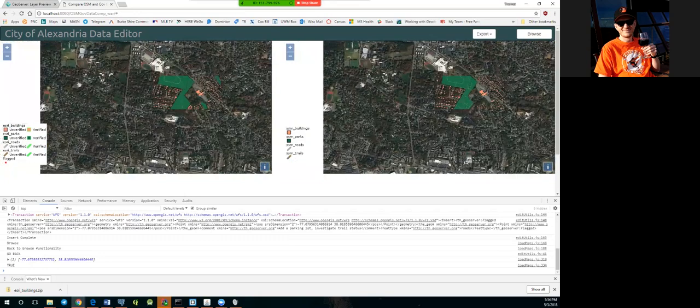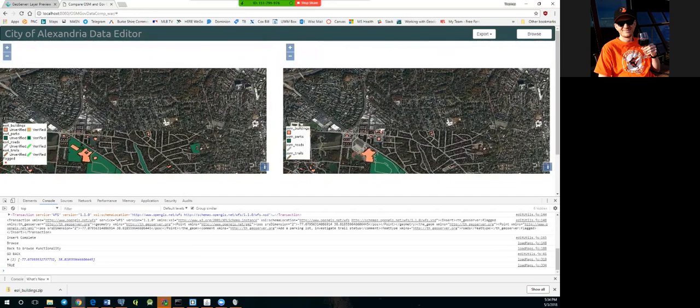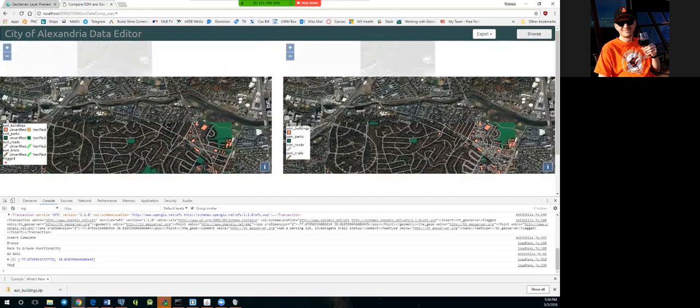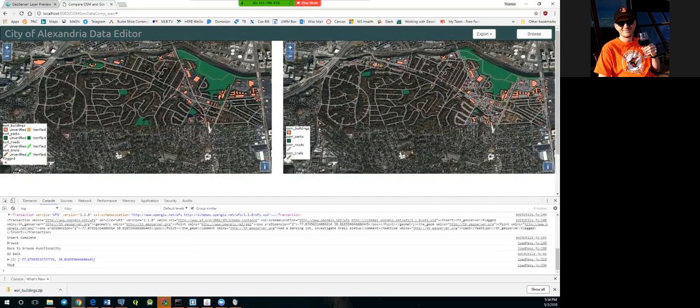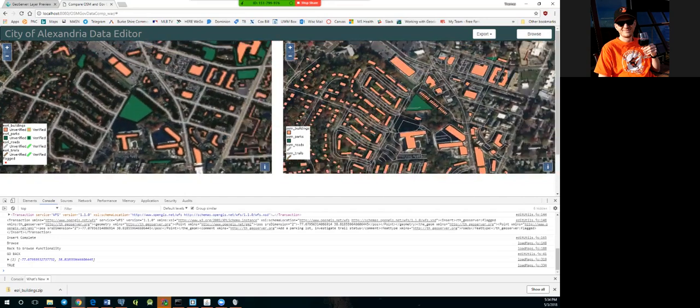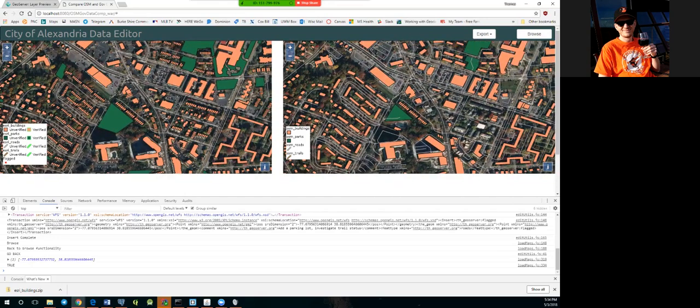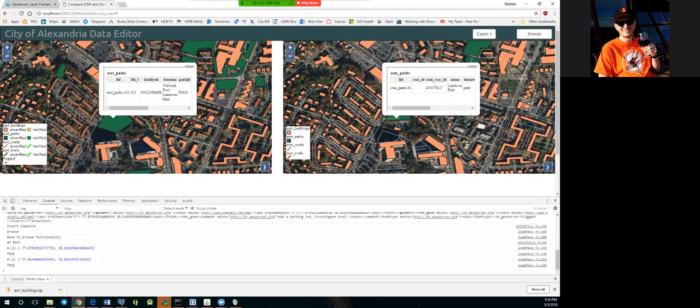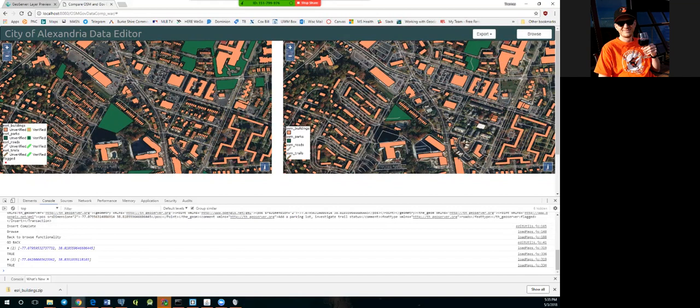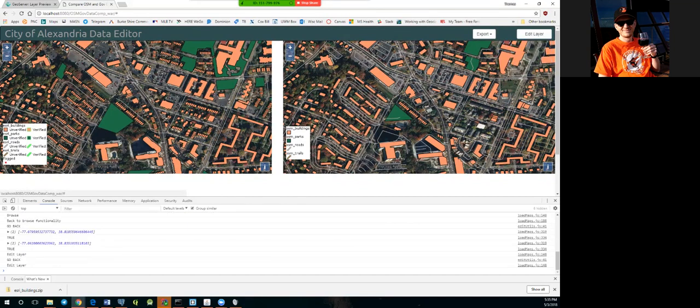If I want to make an edit to one of these features, I would switch over to the edit layer mode, but first I'm going to focus on a specific park right here. If I click on this park, I see within the county data that there are two different names for the park, and within OSM it's just Landover Park. So I'm not sure if Landover Park is the new name for this park or if it's now Warwick or what. I'm going to make a note of that by switching to my edit